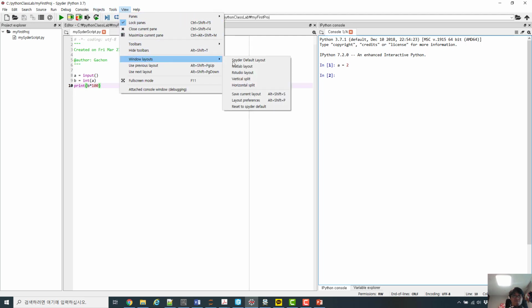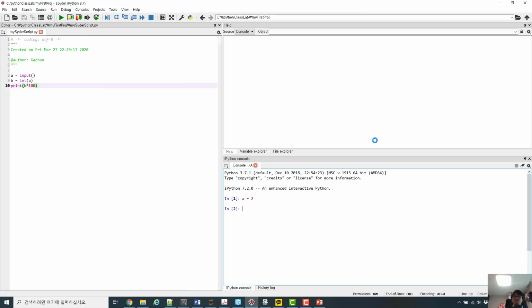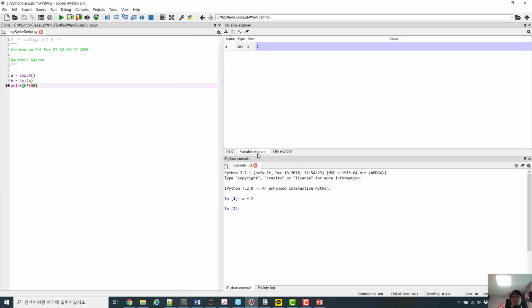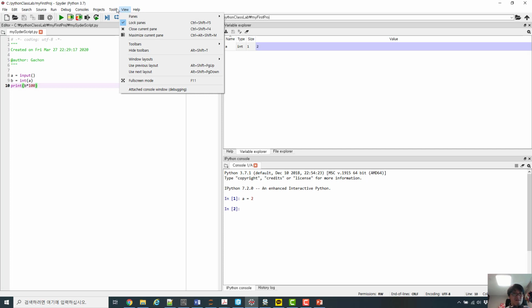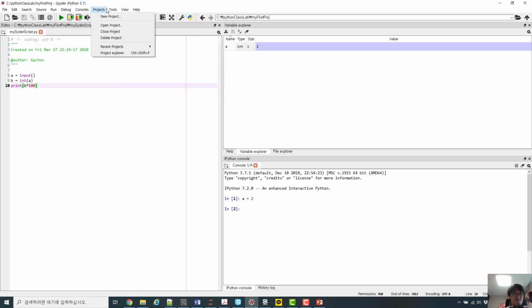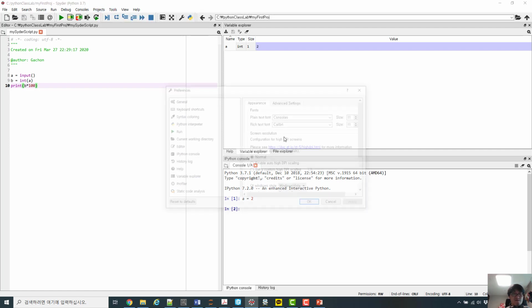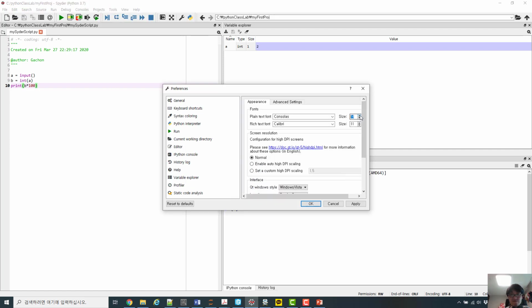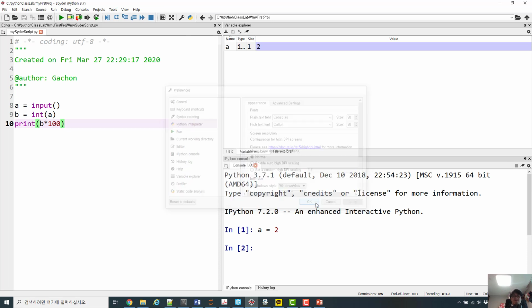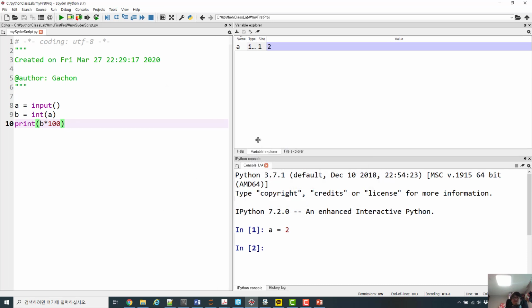Let's set the default layout. So, okay. Let's go font. Okay,